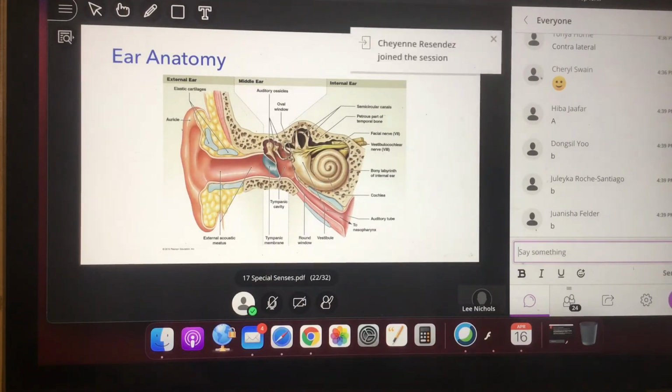So definitely not as complicated as understanding vision is the ear. Like the eye, we talked about the eye having 3 layers. The ear doesn't exactly have 3 layers, but it's got 3 distinctive zones or sections called the external ear, the middle ear, and the internal ear. The official boundary between the external ear and the middle ear is called the eardrum, officially known as the tympanic